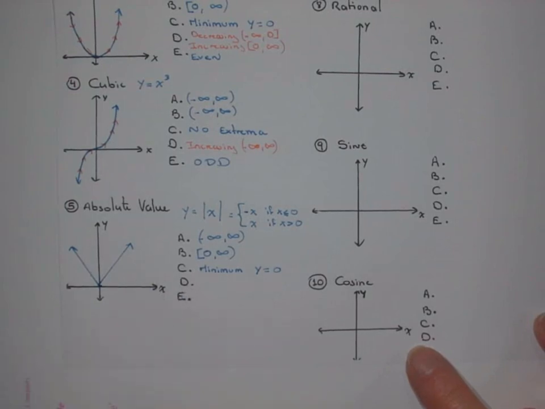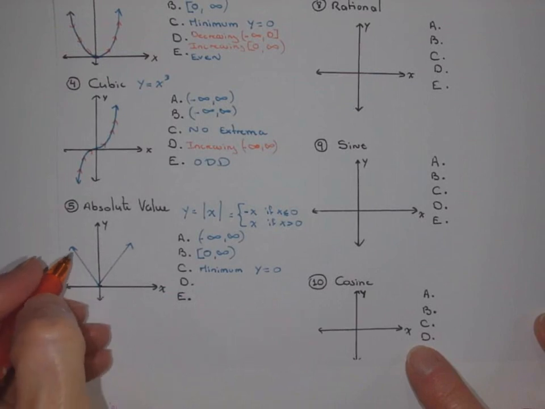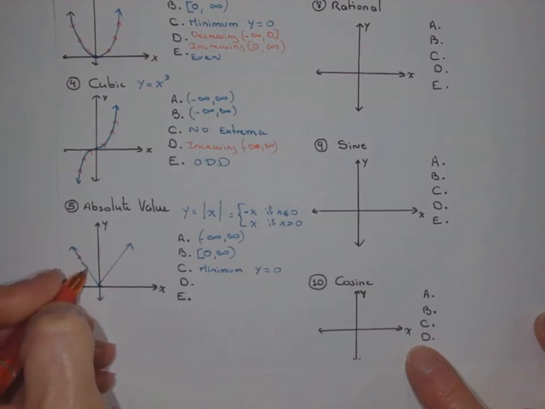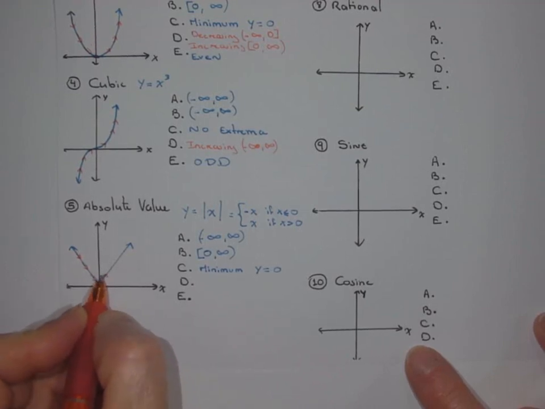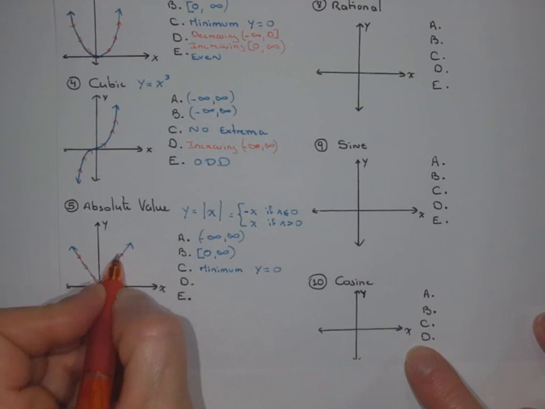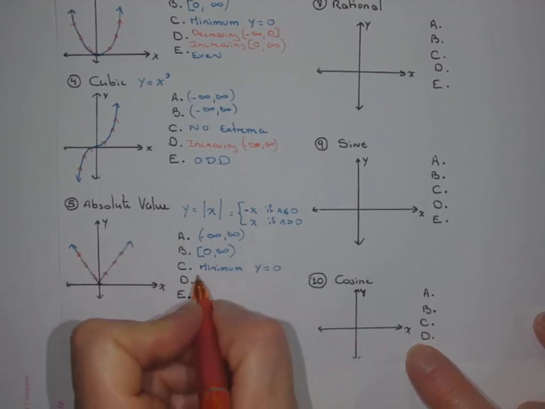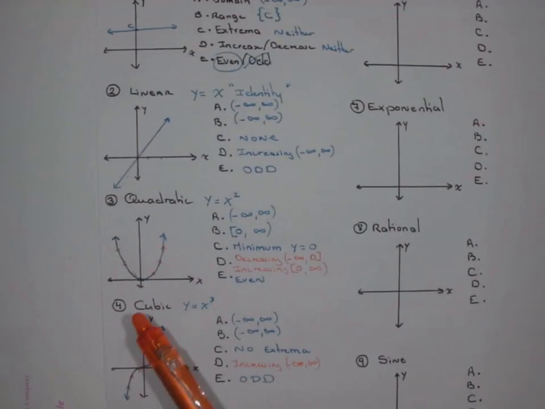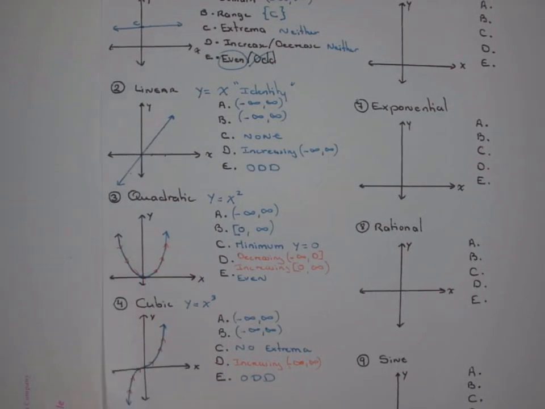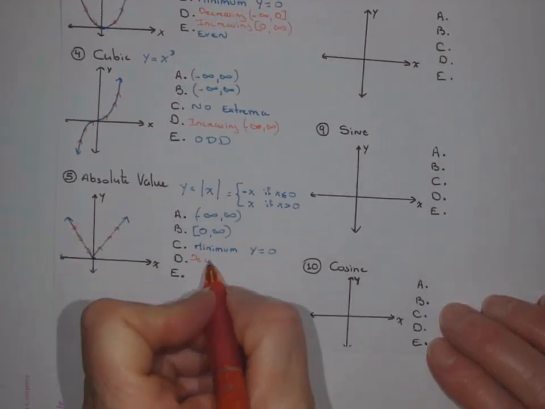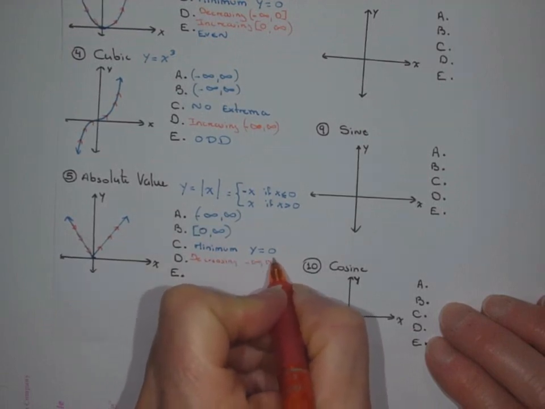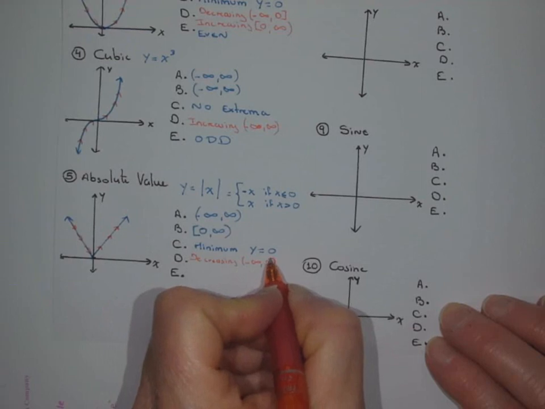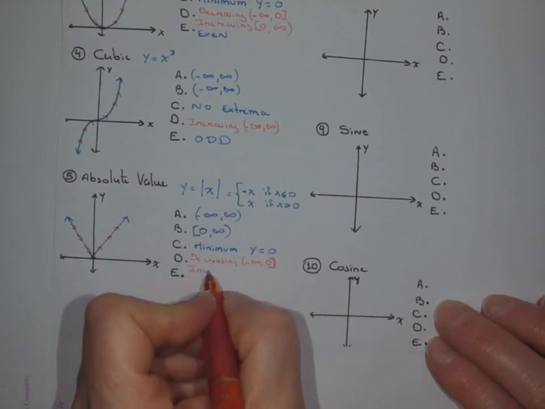D was the interval of increase or decrease. So if I start on the left and I go toward the right, I'm definitely going to go down, down, down, all the way to 0. And then up, up, up, all the way to infinity. So it's first decreasing, kind of like our parabola earlier, right? It's decreasing, coming from negative infinity all the way to 0, and it's going to be increasing